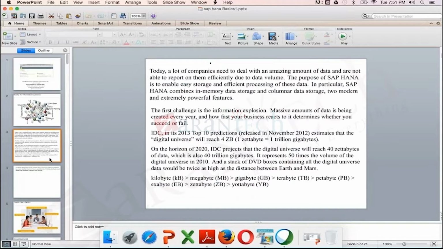Today, a lot of companies need to deal with an amazing amount of data. The reason the data generated by companies is so high is that the way companies do business is completely different compared with 20 years back. Nowadays, most companies have e-commerce portals, so we can place orders online also. Most companies and banks provide mobile apps. You can download the mobile apps, and you can deposit a check from your smartphone itself. You don't have to go to a bank anymore. Just look at how the technology has changed,